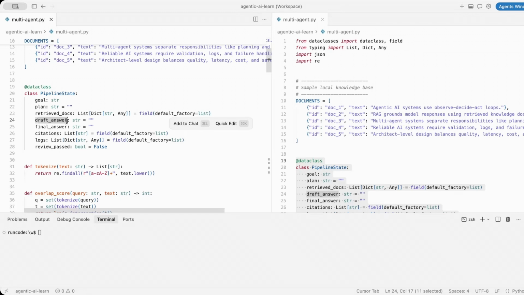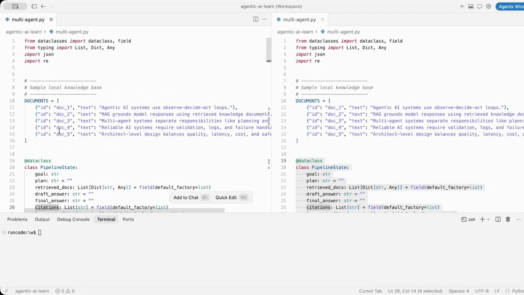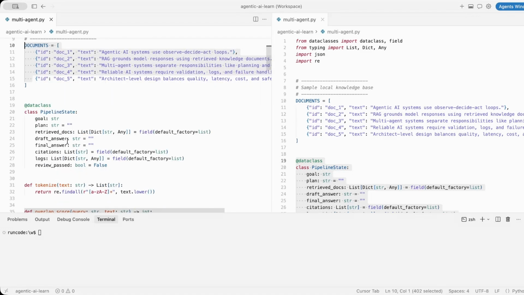I am introducing this writer agent as well. And then we will have a final answer, which will be after the reviewer agent has reviewed the final answer, or the draft answer, I would say. And then we just give it back to the user. There would be citations, basically what all the documents are being used to give back the response. We will have some logs as well, that what each agent is doing,